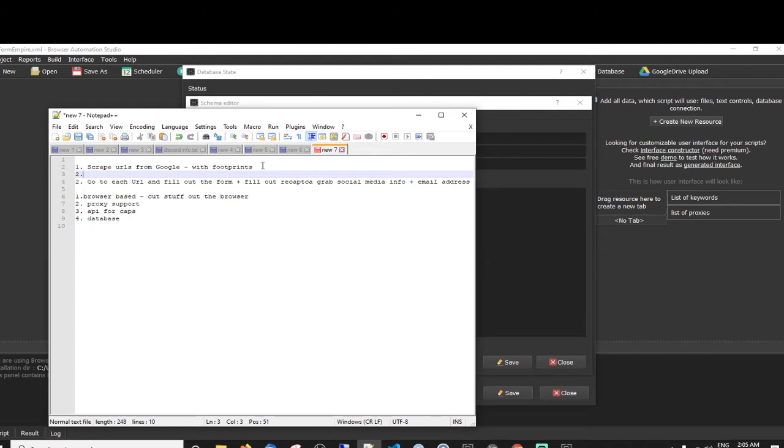So scrape URLs. Check the URL as a form. And if it has cap, when I put cap, I just mean capture. Okay.